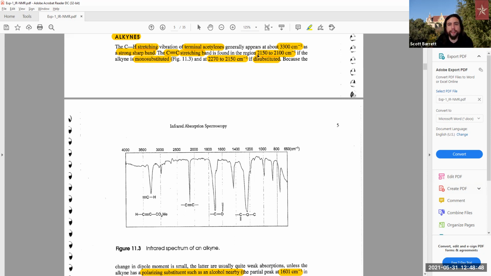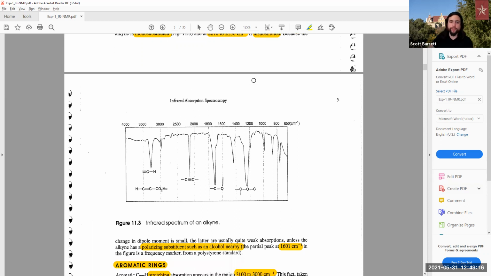Then, and this is if it's monosubstituted, in this like 2100 to 2150. But if it's di-substituted, this becomes a harder-to-move alkyne. If you think about it, it requires more energy for that to actually stretch if you have more things substituted on the alkyne. So in the case of it being di-substituted, then it would be a little bit higher in